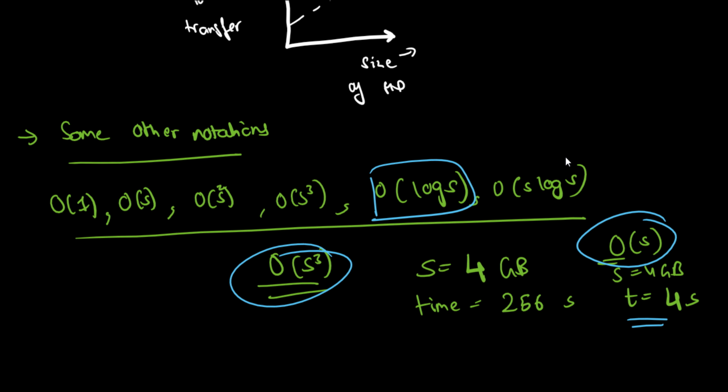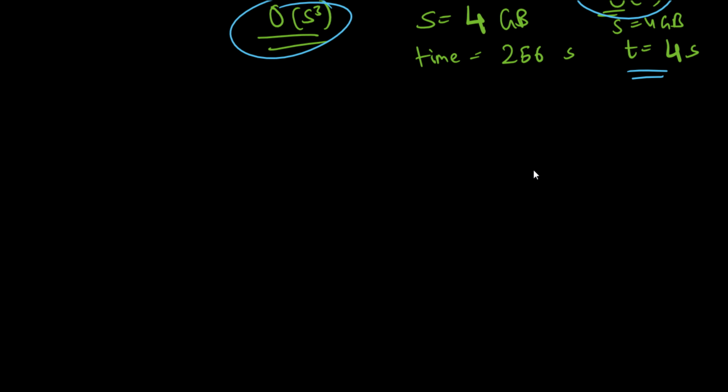So we actually compare these notations. Every algorithm has a notation for time complexity, and based on the time complexity we compare the efficiency of the algorithms. Currently we are talking about time. We will also be talking about space complexity and how it is related with the time complexity. So let's see the order of complexity that we have mentioned above.